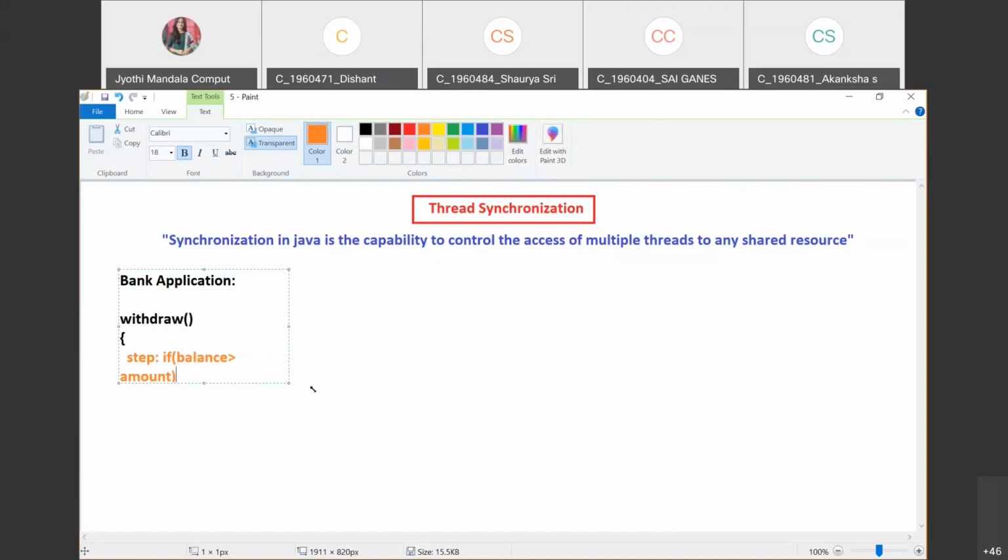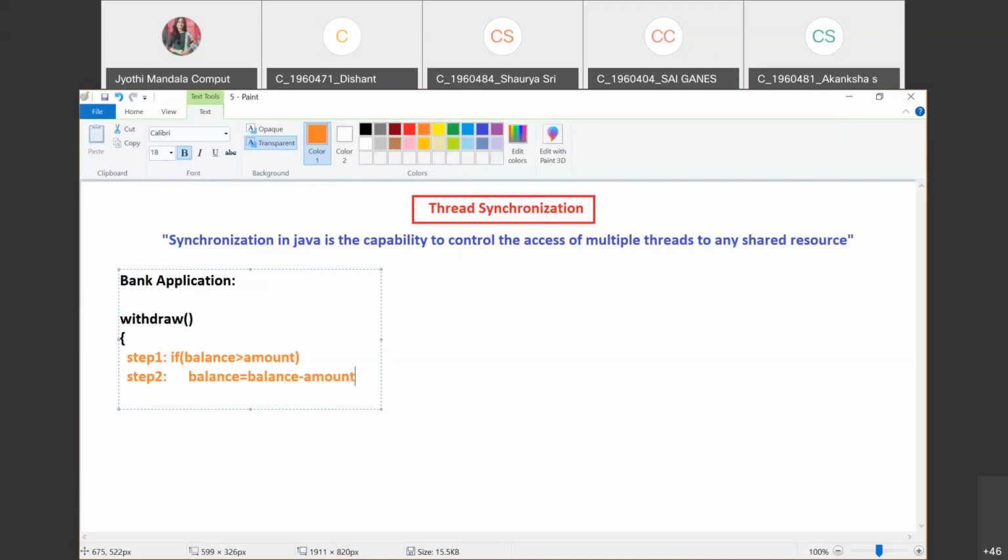If the balance is greater than the amount requested to withdraw, then we need step 2. In step 2 we update our balance, where balance will be equal to balance minus amount, isn't it?